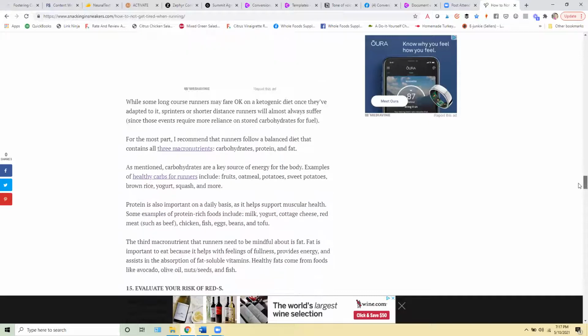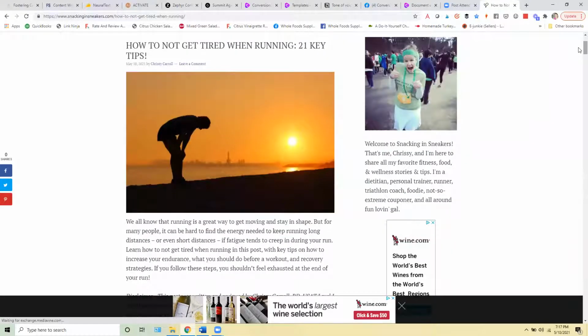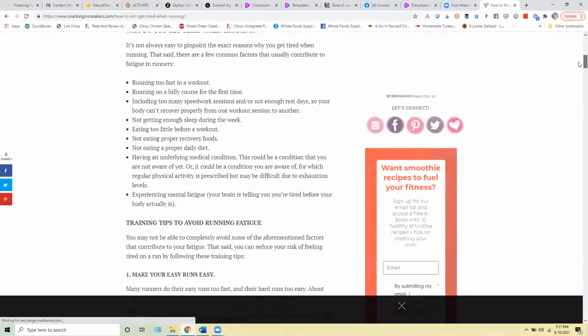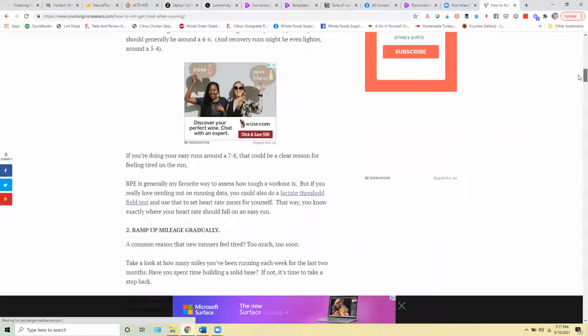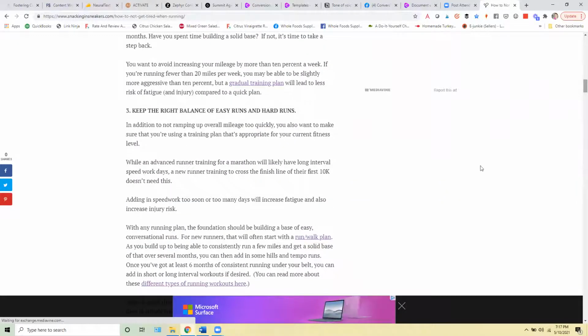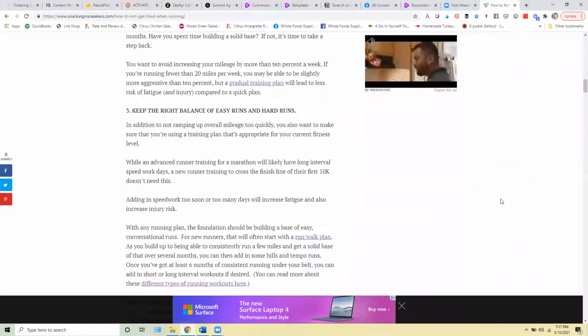But as far as getting ideas for this, when I started this post about how to not get tired when running, I had 5 tips in mind. And then as I'm sitting there in the AI system and it's spitting out lots of different ideas, I'm like, okay, cool, this is great. I can expand on this. Oh yeah, I didn't think of this. So it's really a way, I think, to get a lot of ideas for the post that you're working on and to just make some of that content go